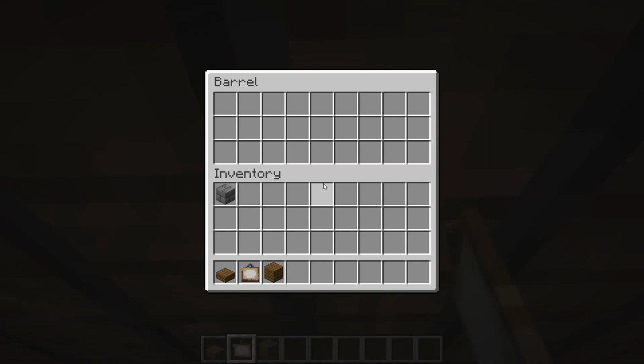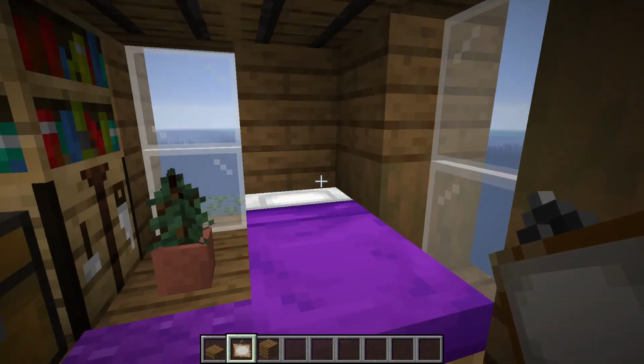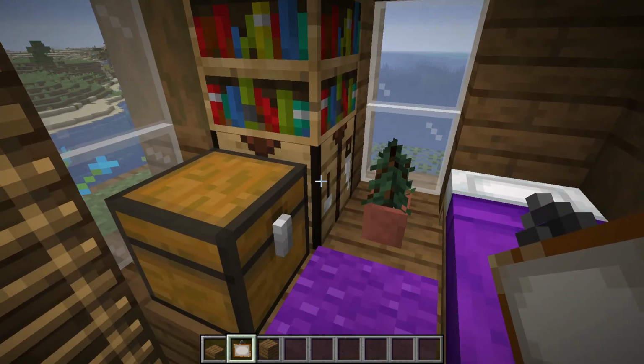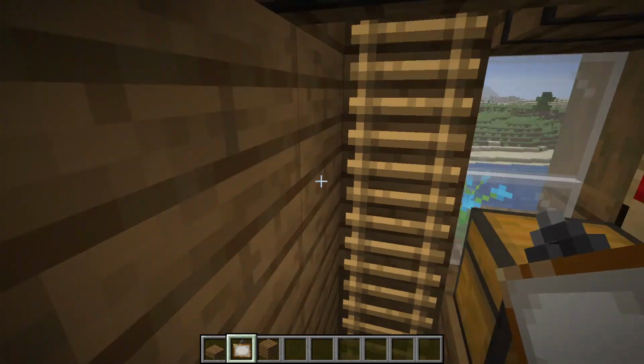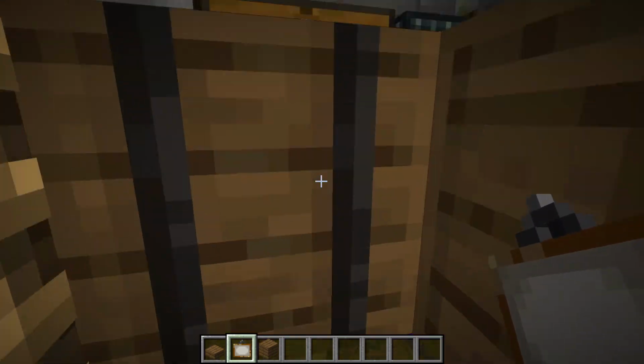And as you can see, the ceiling is actually made of barrels for more storage space, because you need this to be a functional house. So that's why we have this crafting table hidden in this corner as well. It's just for a nice storage space that we can have. Now that we got that, and you see the pot with the sapling, we'll go on to the very top,